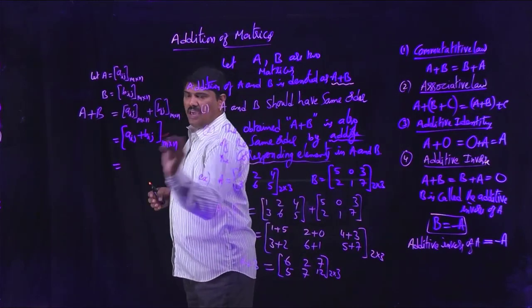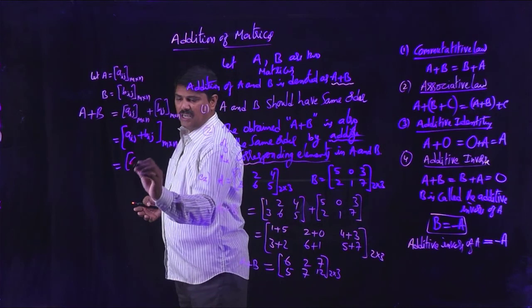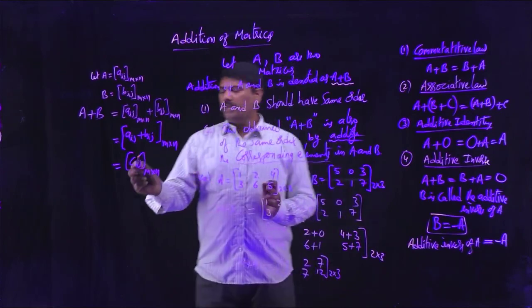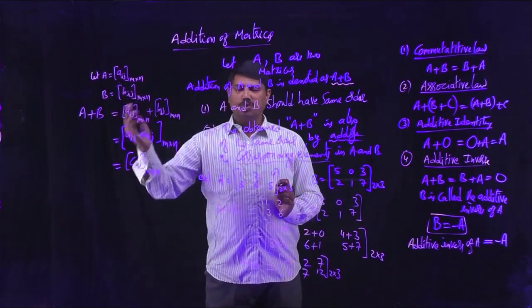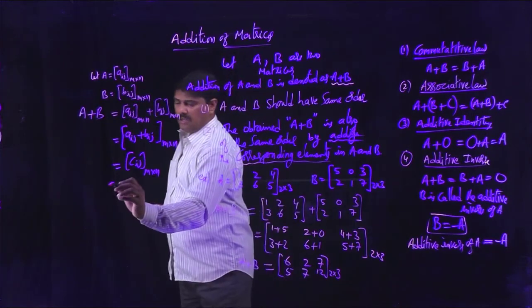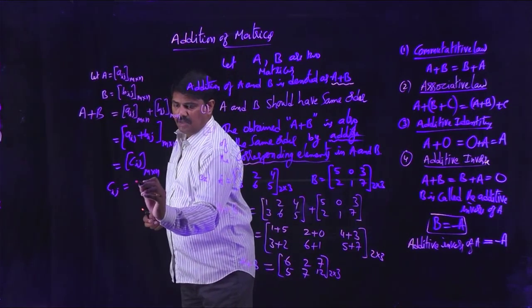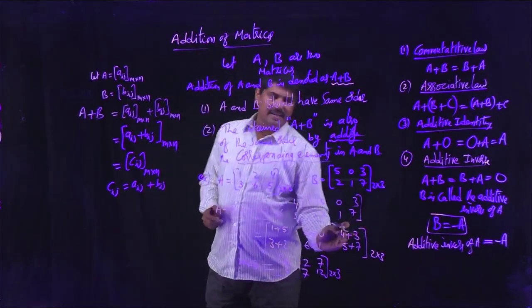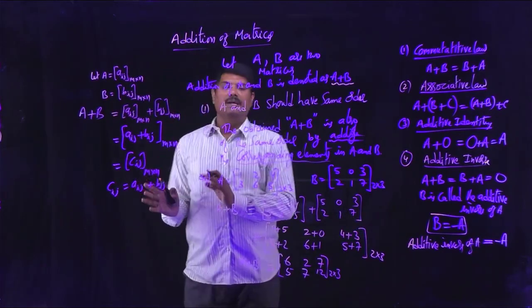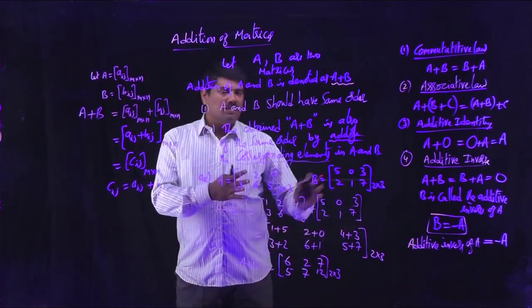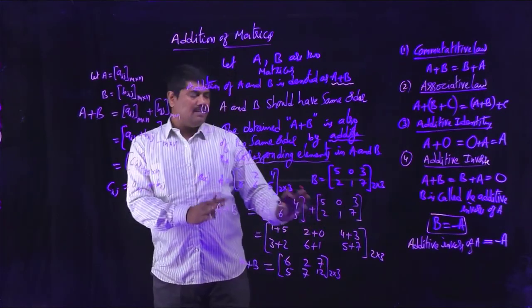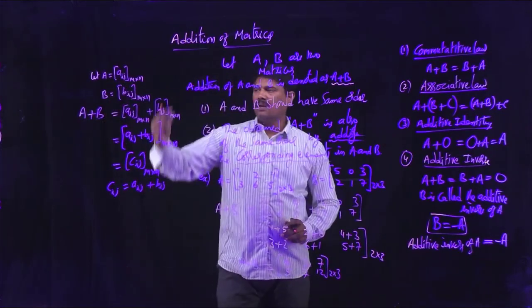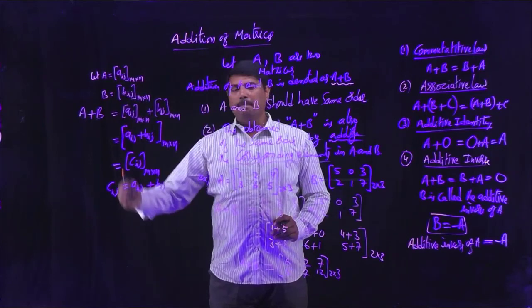If you consider Aij plus Bij as another element, that is Cij, m by n. So generally, representing a matrix with element notation, A with Aij, B with Bij, A plus B is Cij. You can observe here, Cij is obtained by adding Aij plus Bij, like we did, adding corresponding elements. So this is the notation format. It is easy to understand with numbers, but this is the general manner. Whatever the elements may be, it will be implemented in this manner.